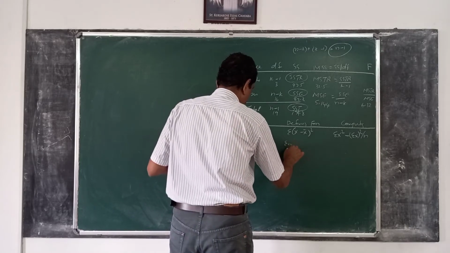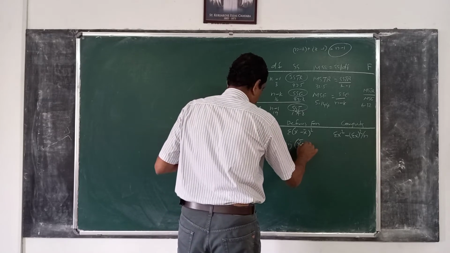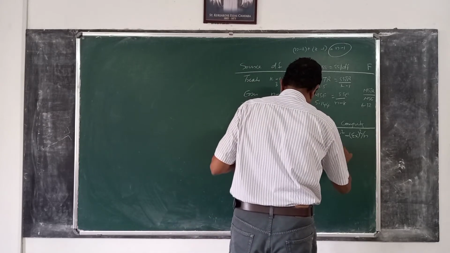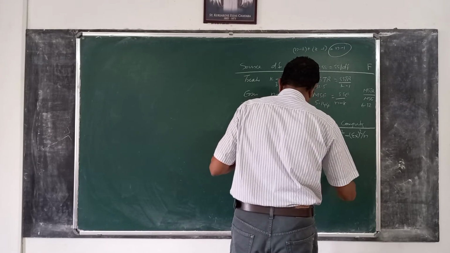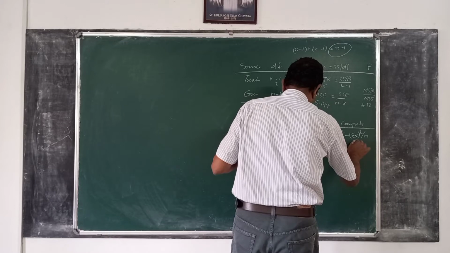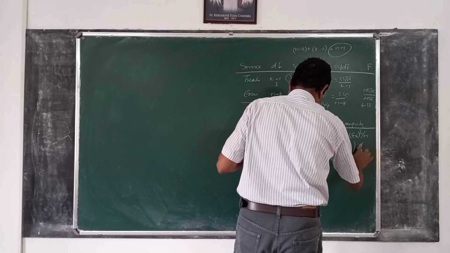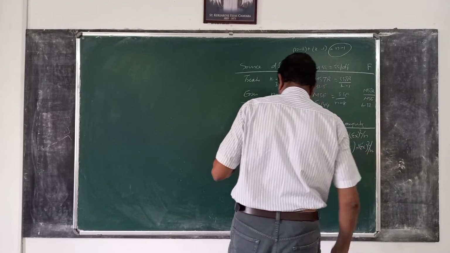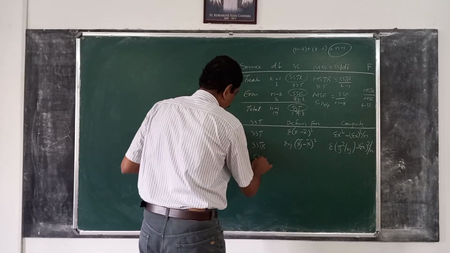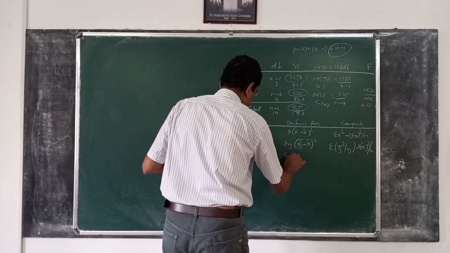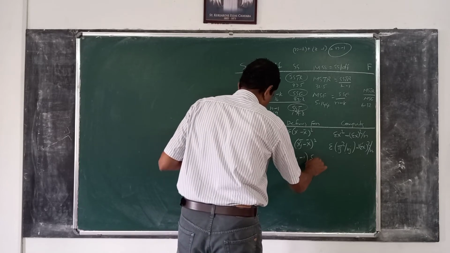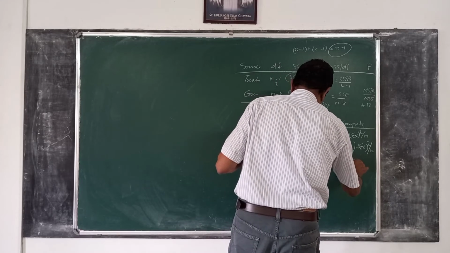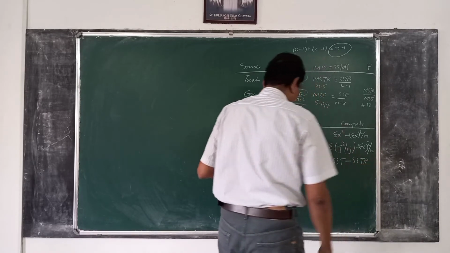sigma nj into x bar j minus x bar square. For computation, we use the formula sigma tj square by nj minus sigma x square by n. SSE: sigma nj minus 1 into s square j, and for computation we simply take it as SST minus SSTR. j is equal to 1 to k,